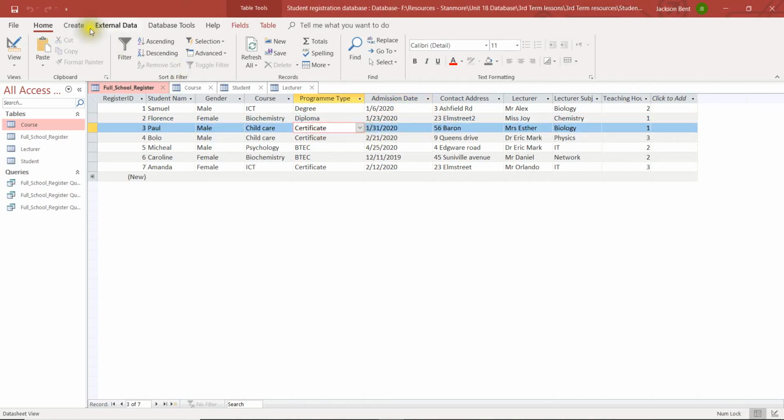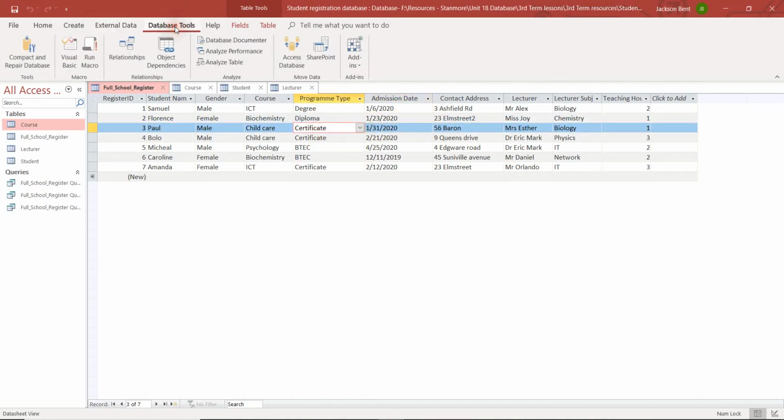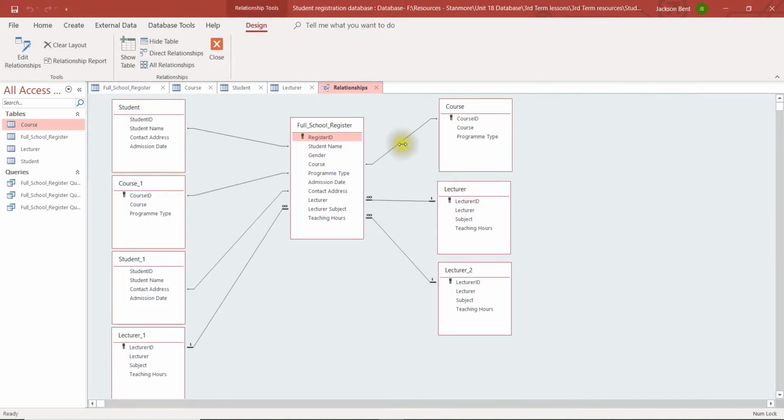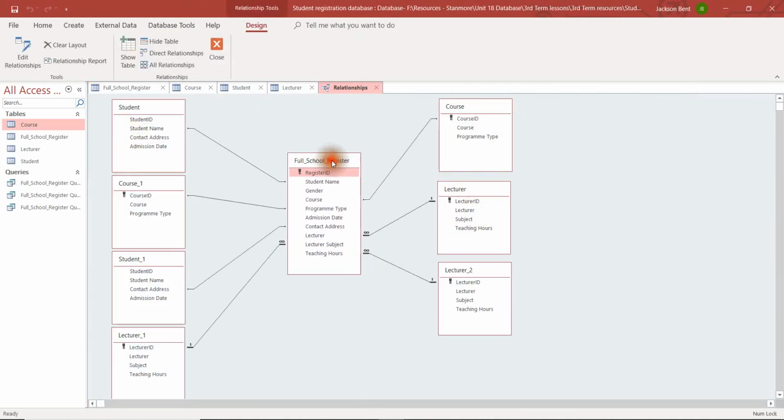are relationships established. So if you look at database tools and relationships here, what I have here are the relationships. Remember we talked about one-to-one relationship, and this is one to many with the infinity sign. So you have one to many relationship here, you have one to one relationship, and so on and so forth. And this is between certain records and tables. So you can see this is student table, this is a full register, and you can see the relationships with